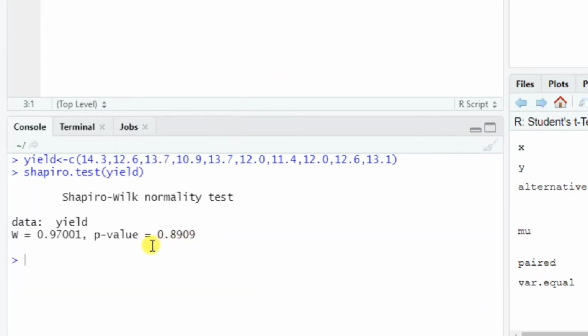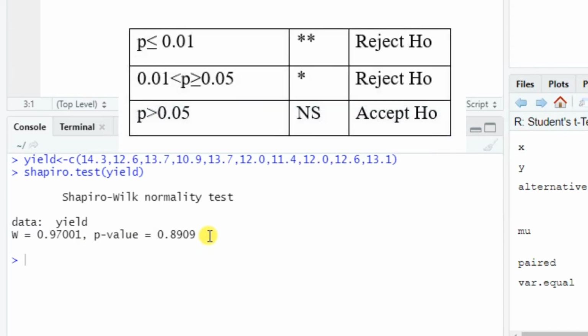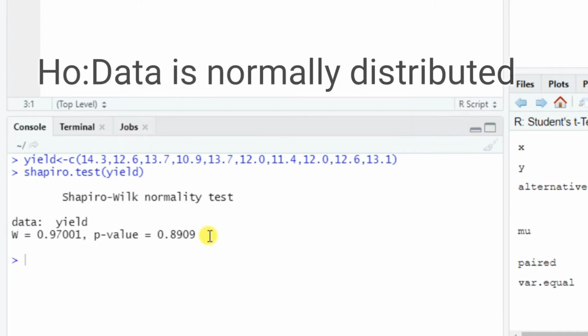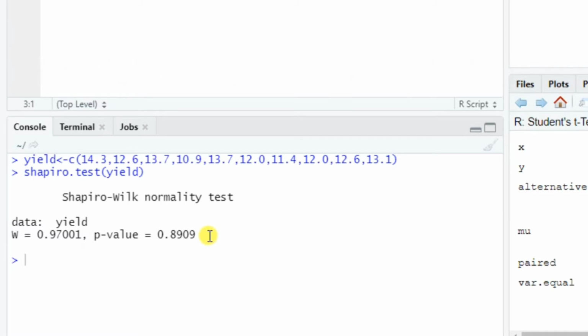In the console we can see the test statistic value and the p value. Now the p value is greater than 0.05, so the result is non-significant. For the Shapiro-Wilk test, the null hypothesis was the data is normally distributed, and the alternative hypothesis was the data is non-normal. So our p value is non-significant, so we will accept the null hypothesis.